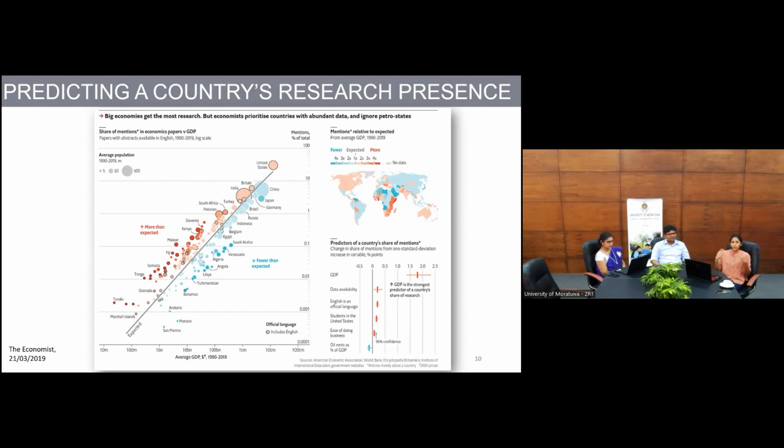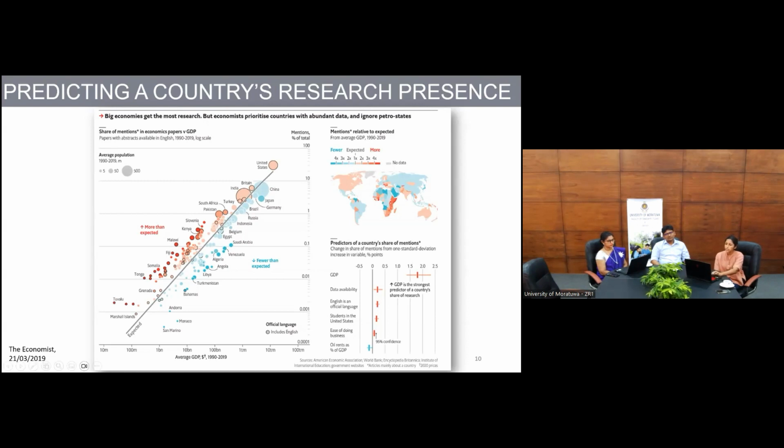And it had never crossed my mind to think of, can I show these regression results using a graph, for example? But this particular, the bottom panel over here is plotting those graphs where you have the confidence bands as well. So you can comment on statistical significance, and you can also see relatively which of the predictors considered are stronger in terms of predicting how often a country is mentioned in the research.